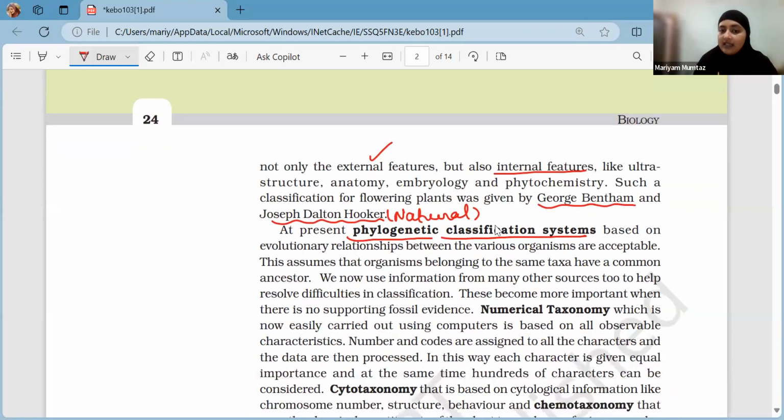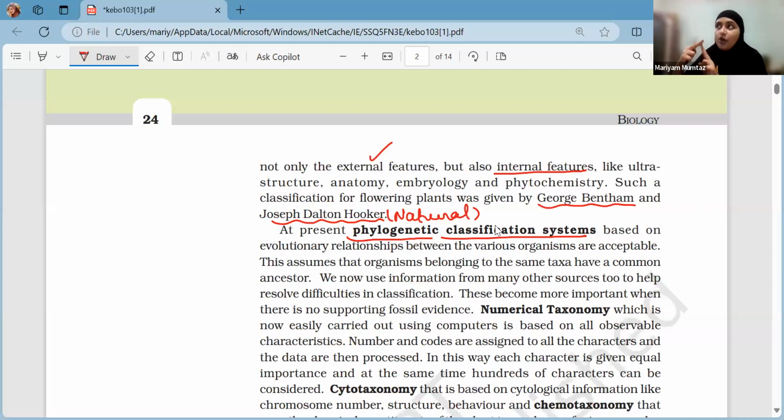So when we'll take that, that is phylogeny, right? And when we'll take that evolutionary history or evolutionary relationship into account, then that type of classification will be phylogenetic classification. Okay. Now, for example, if there are two very different organisms, you know nothing about them, but I tell you one very useful piece of information, that both of them have one common ancestor. Then it will be so much easier for you to understand about these two organisms.